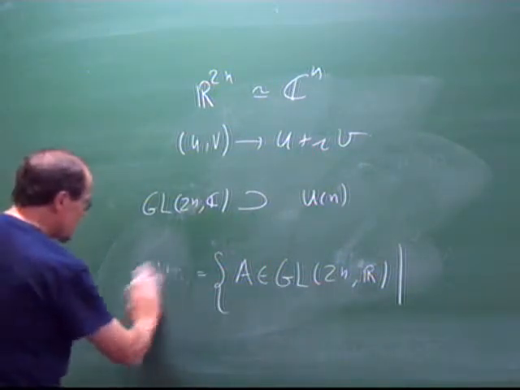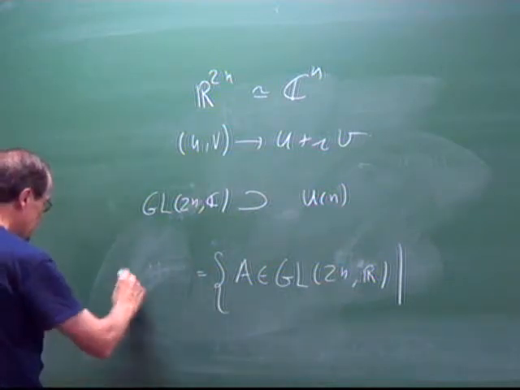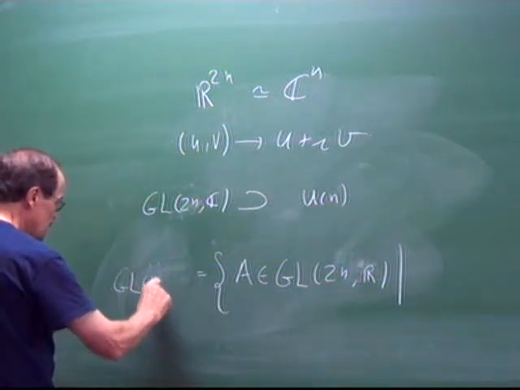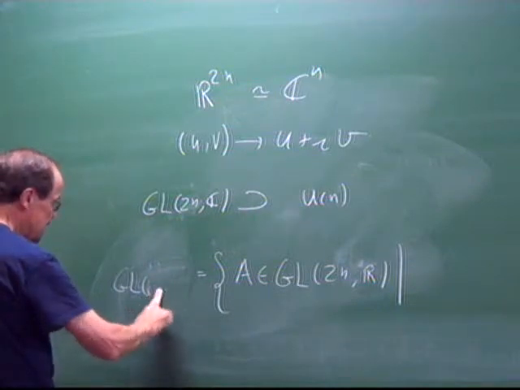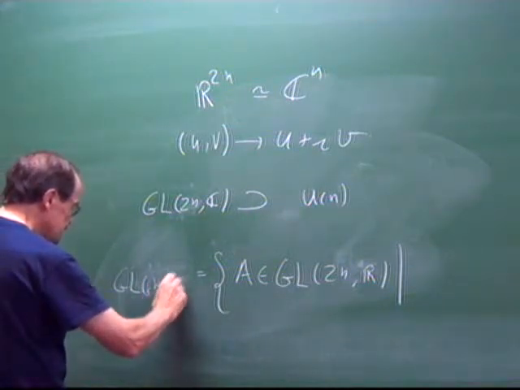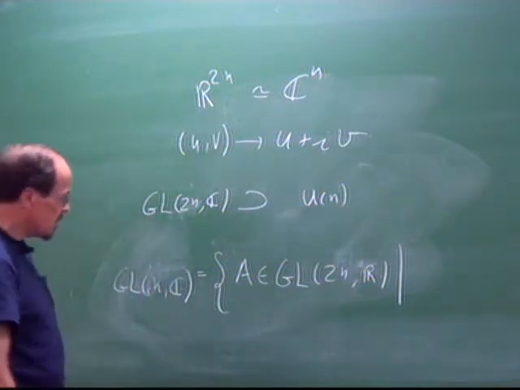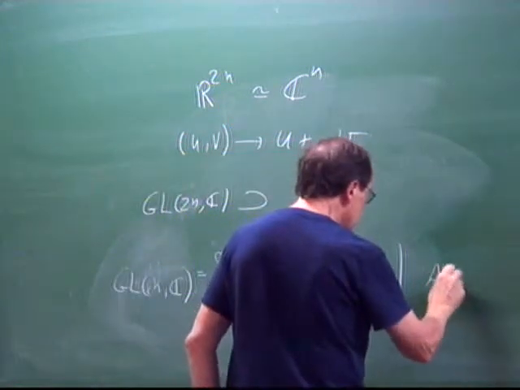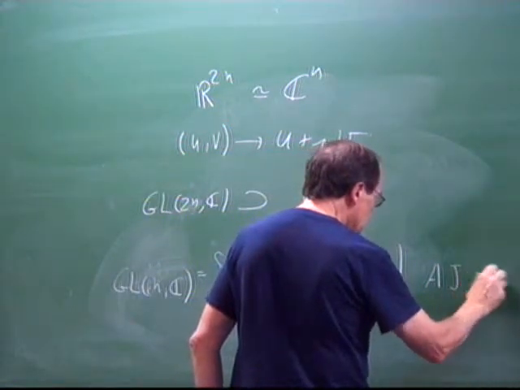Okay, maybe let's do it like this, analogous to what we did before. Define GL_n(C) as the A in GL_2n(R) such that AJ is equal to JA,